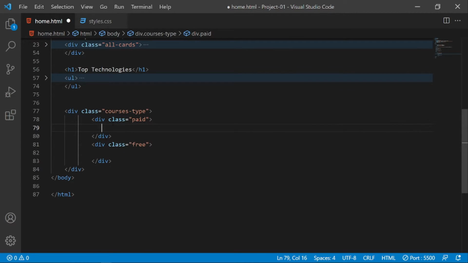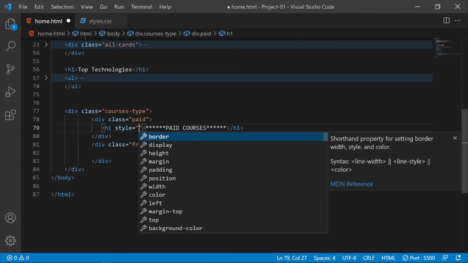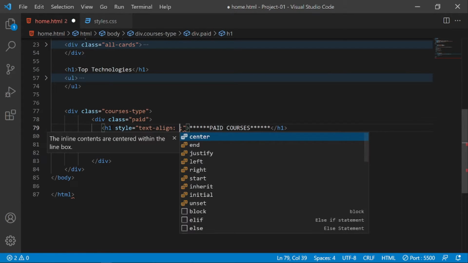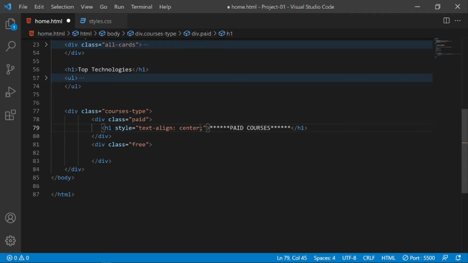Okay, first of all I will be creating h1 heading here with heading like paid courses, and also add some styles here, like text should be at the center of the table, as well as I'll also change the color as red.